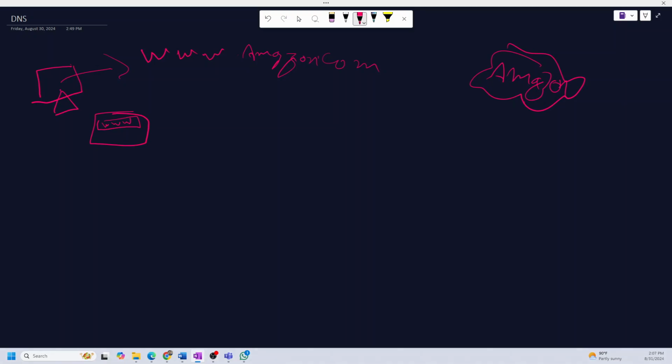It's a temporary memory built into the browser or your machine. Let's say in the past you have visited Amazon.com and you already have the IP address for it. It will remember that IP for a certain period of time, before its time to live, or its validity, expires. So let's say you are visiting Amazon.com for the first time and you don't have it